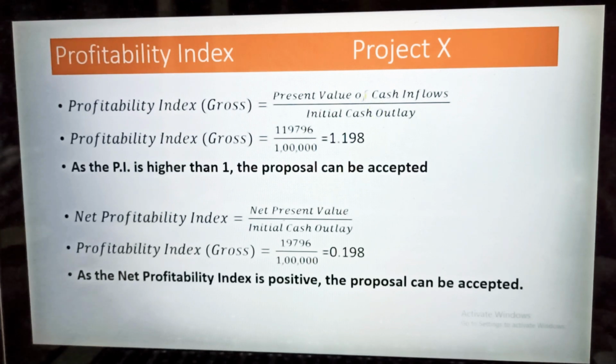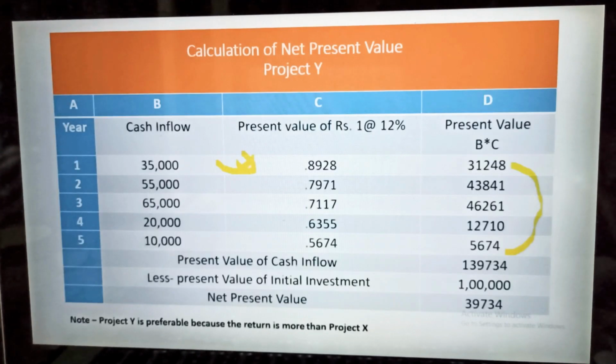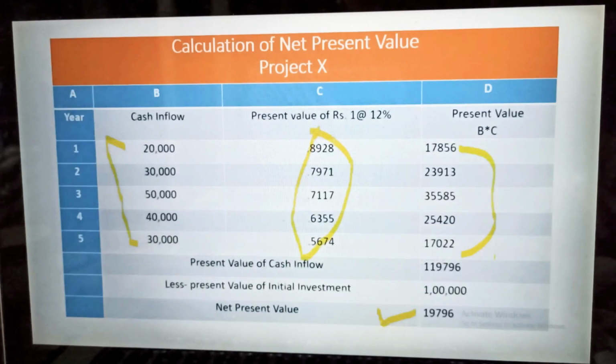See, the question is the same, and this is the project X. Under the project X, before going to calculate this profitability index, as I have told you, this is a slight modification of the net present value. Only the thing where you have to change, you have to calculate in the same way. You will write a year, then cash inflow, then you will write the same thing at the rate of 12%, you will write the value, then you have to multiply and find out this value. So first I will talk about project X. Your value and your calculation would be the same.